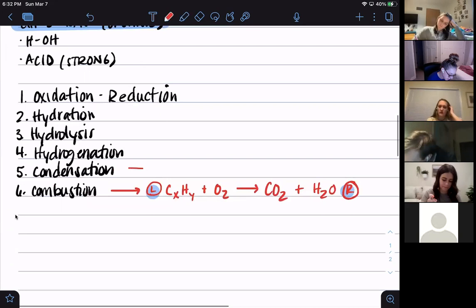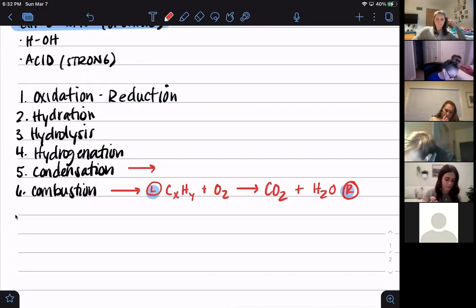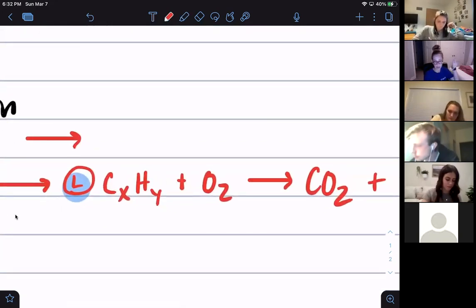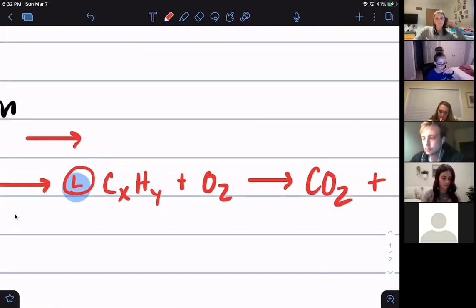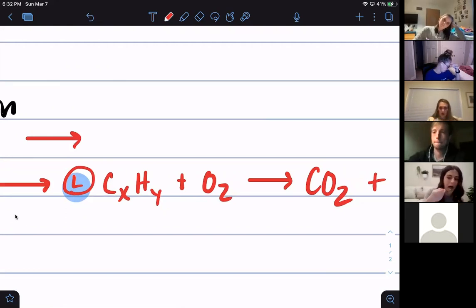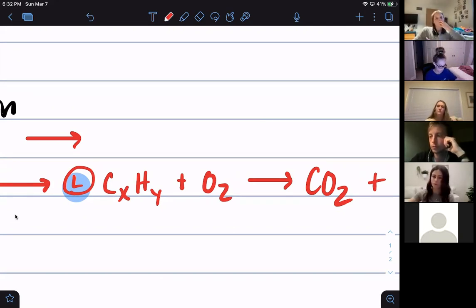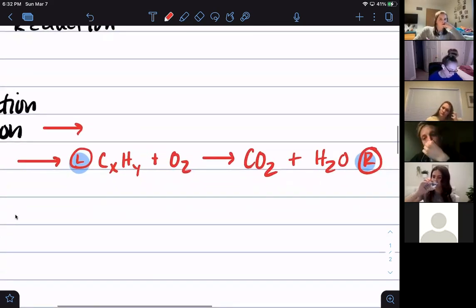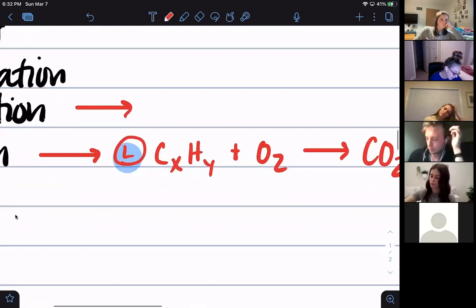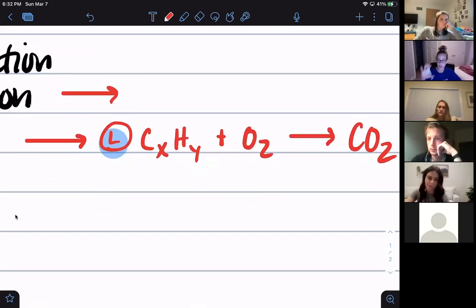Okay, condensation. When a condensation reaction is taking place, what's the first thing that we think about? Right off the rip, you should be thinking about what? Who's the culprit of this reaction? Water is in the product. Water's in the product, okay? So water's the issue here. Water's the main guy. So what we have in a condensation reaction is that if water is on the product,